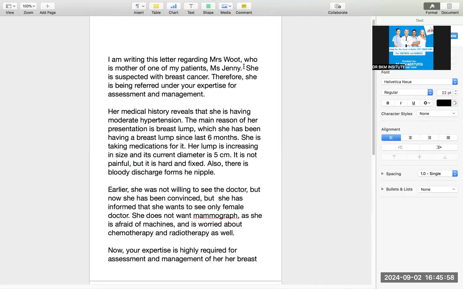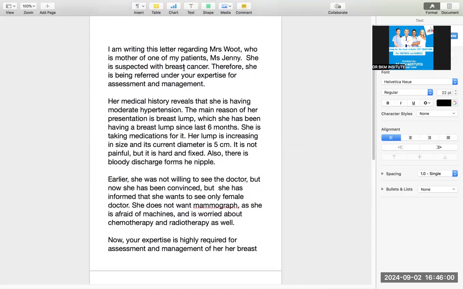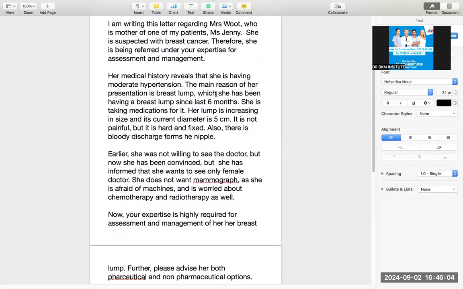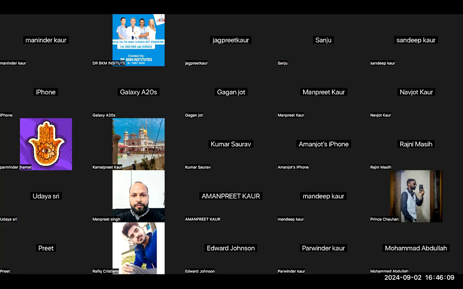I'm writing this letter regarding Mrs. Woot, who is the mother of this. She is suspected, therefore she is being referred. Her medical history reveals she's... so I have to write about the patient. I don't have to make those stories. First of all, she was not convinced. Her daughter presented. We don't have to overwrite because a doctor wants